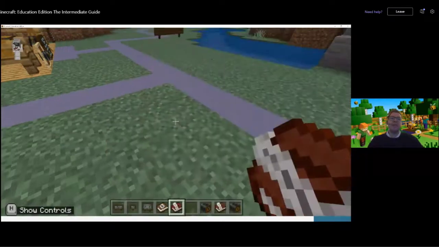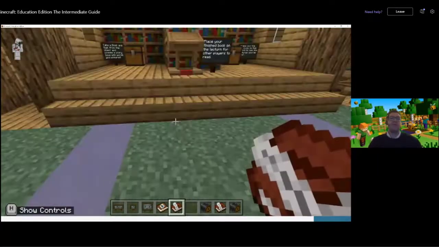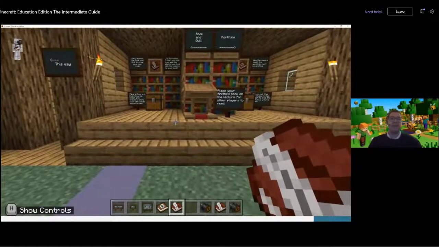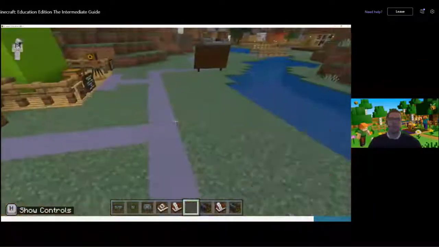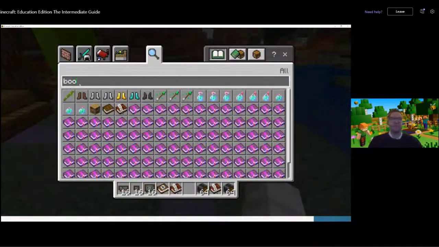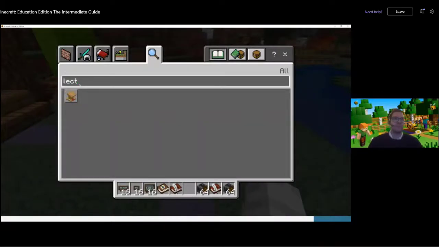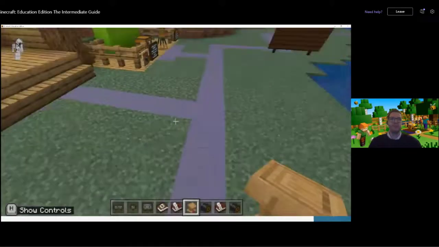Now, once you've got that book, there's a couple of things you can do with it. The first one, and my favorite one, is that in Minecraft there is a lectern. So if I go to my options and press E and I search for lectern, like so,